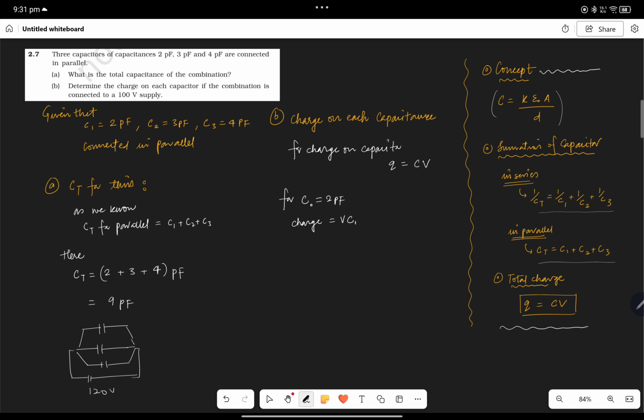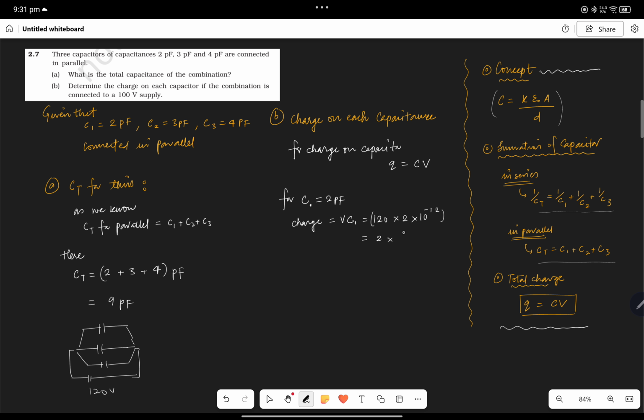We are calculating for C1, where V is 120 and the capacitance is 2 into picofarad. We have to write it in SI unit, right? So picofarad is 10 to the power minus 12 in SI unit. So after calculating this, you are going to get 2 into